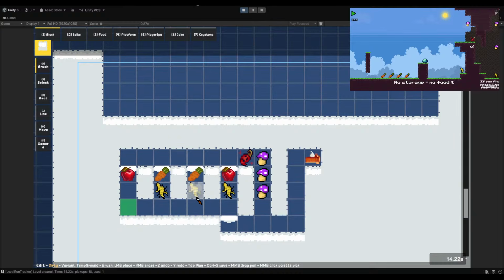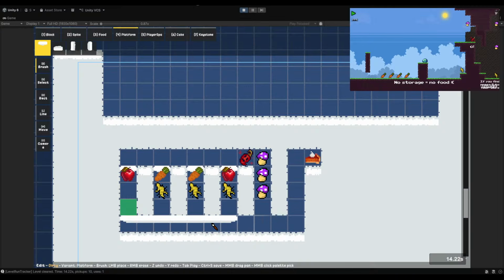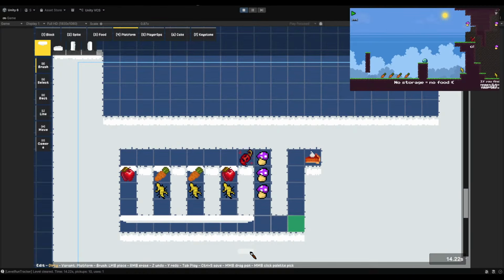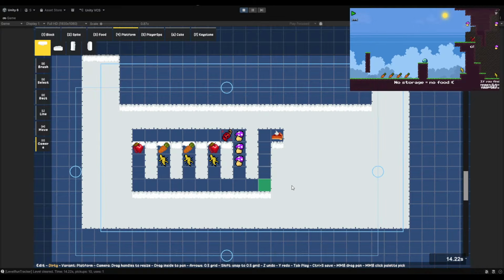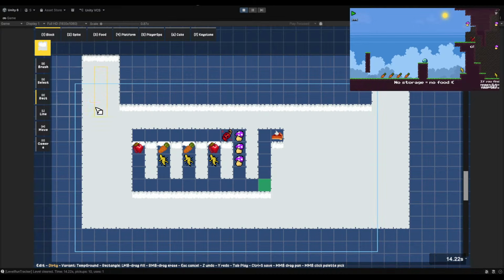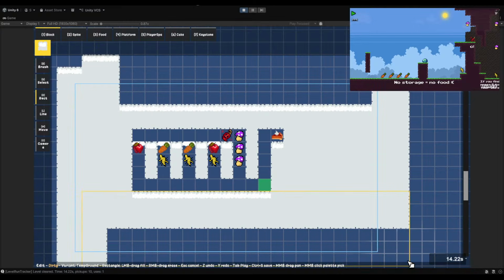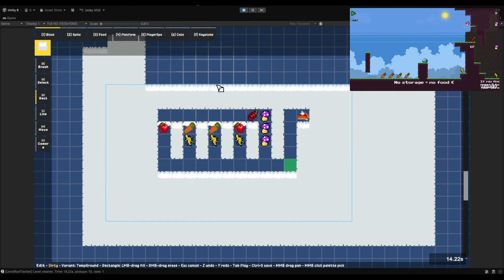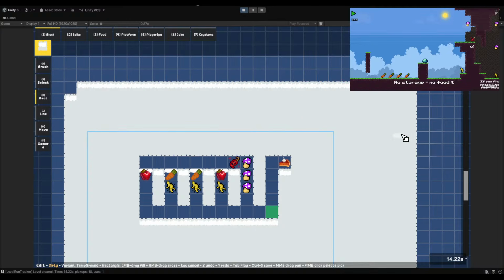This is just back and forth. It's not hard, it's just annoying. Then we could do something like this, a platform per each. But this is also not hard. I think I kind of see where I'm going at though, at least. It's getting somewhere. I'll just fill all of this in for now.